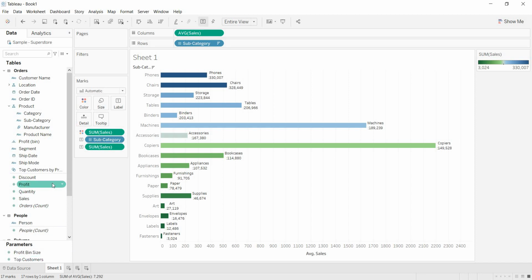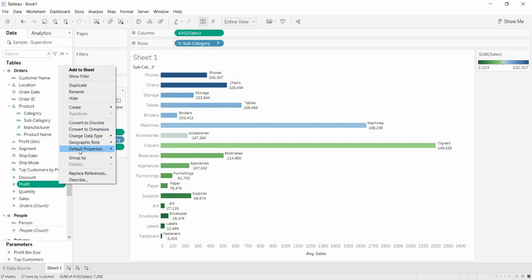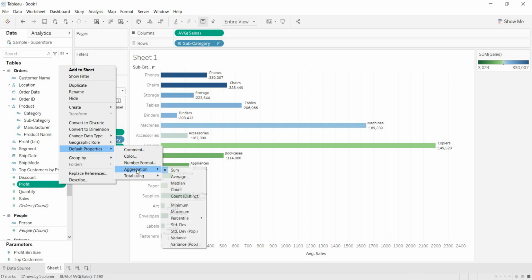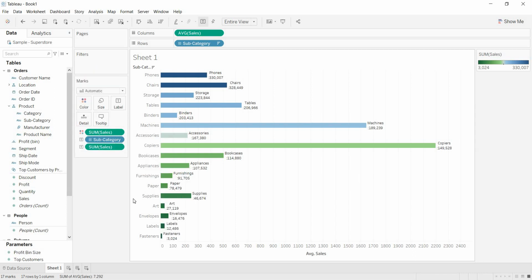Now I am changing the default aggregation from sum to average for profit. How can we do that? Just go to profit, right click. Here if you observe, default properties. In this default properties, go to aggregation. See, the default aggregation type is sum. Just change this to average.